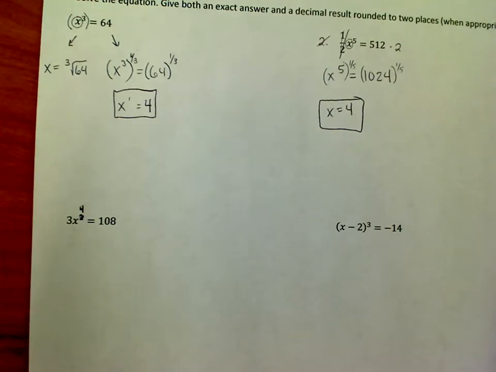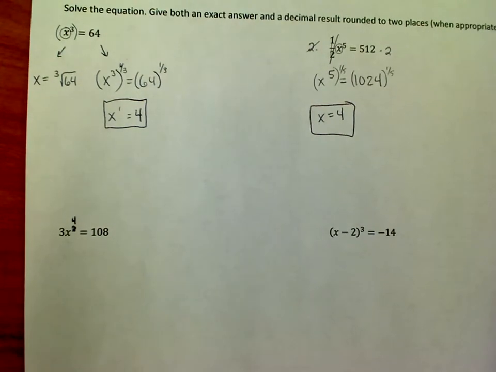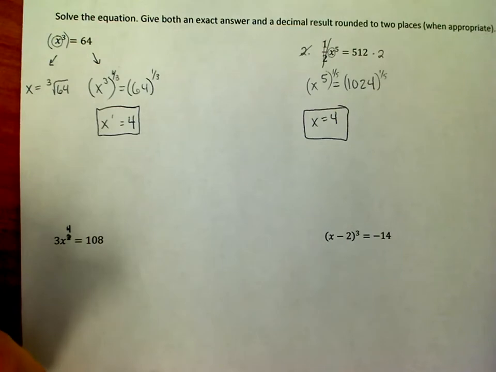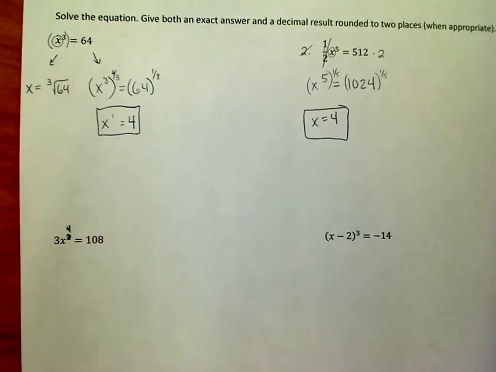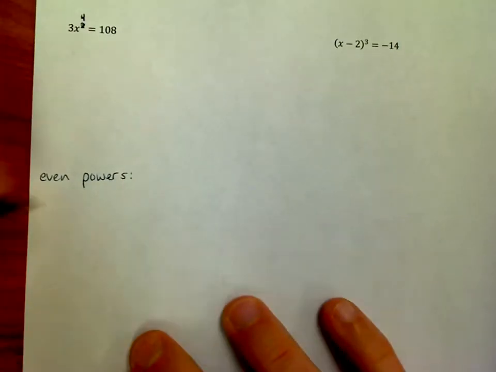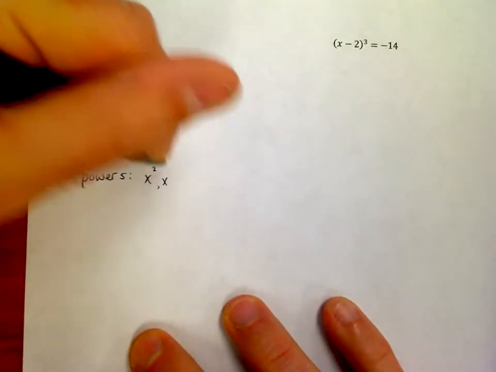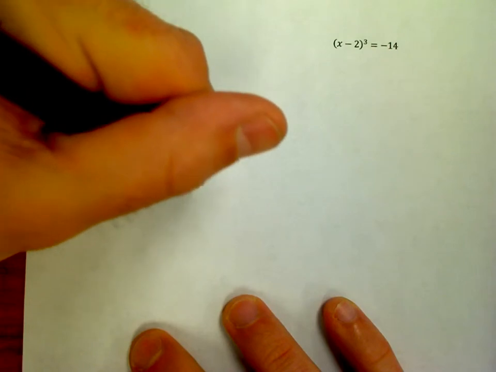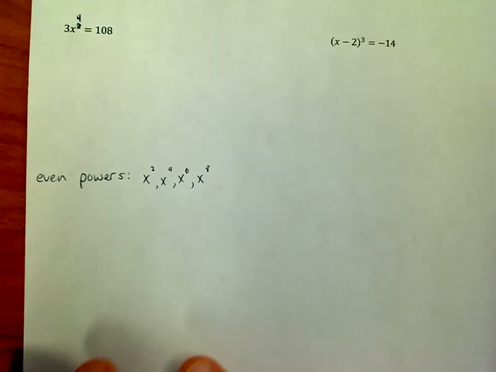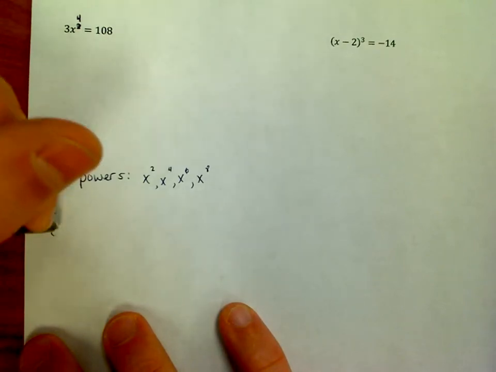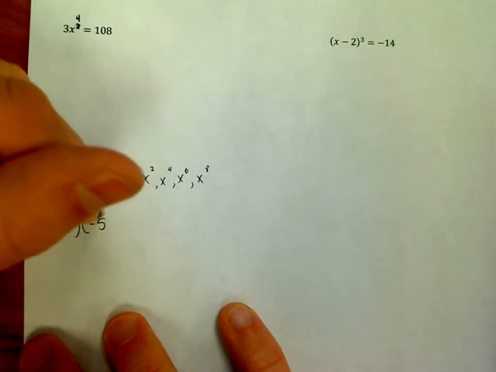Here's the deal. When we work with powers of x, this is an important concept to write down, okay? If I have an even power of x, that would be x squared, x to the 4th, x to the 6th, x to the 8th, x to the 10th, and so forth, okay? When I'm working with even powers of x, I need to be careful, because every time I multiply values together, let's say -5 times a -5,